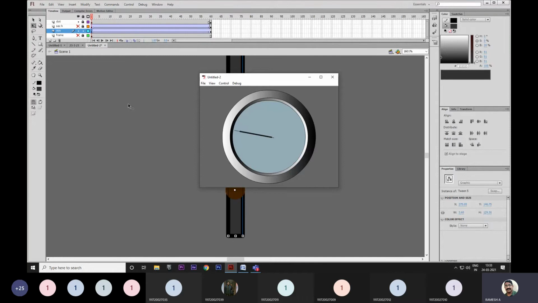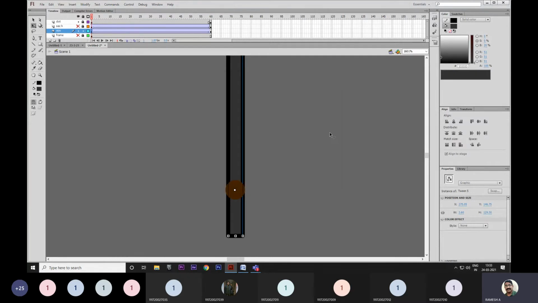Can you tell how to control that? Just think and tell me. Suppose the minutes hand takes one rotation, can you guess how many rotations the seconds hand is going to take?